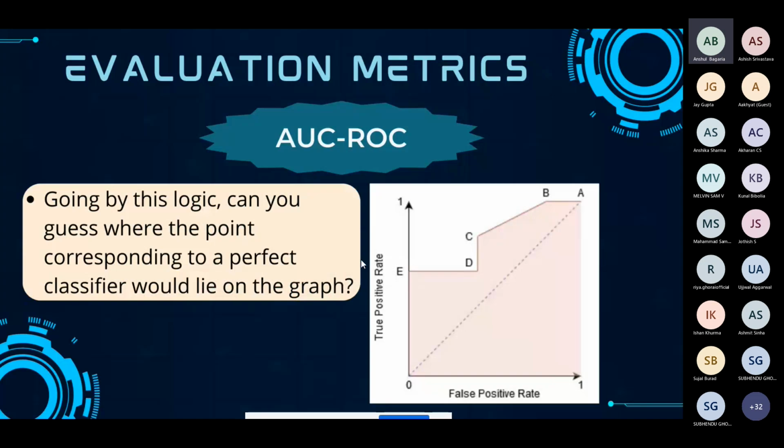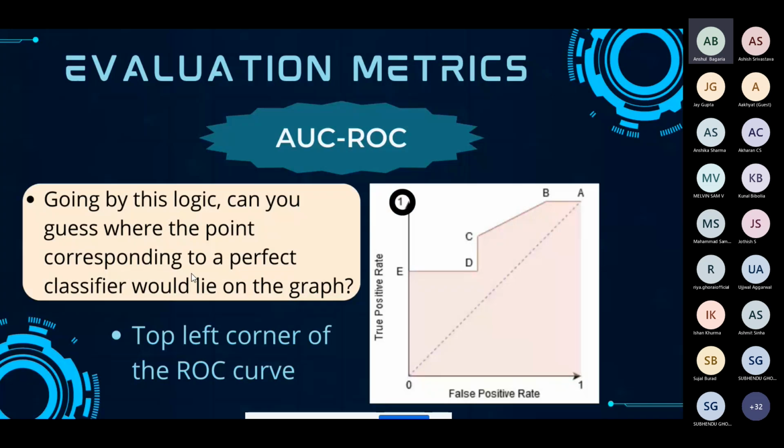Now a question. Going by this logic, can you tell where the point corresponding to a perfect classifier would lie on the graph? You can unmute and say. Someone? Okay, as many of you might have guessed, it will be the top left corner of the ROC curve, because